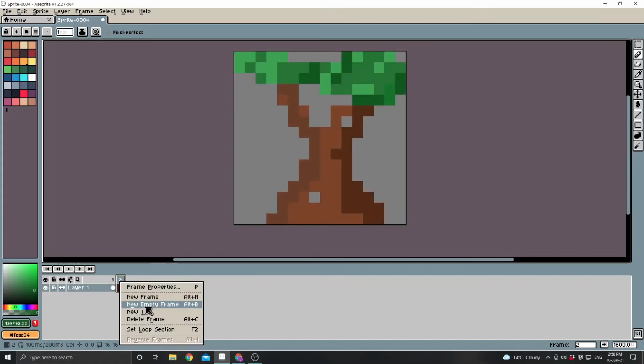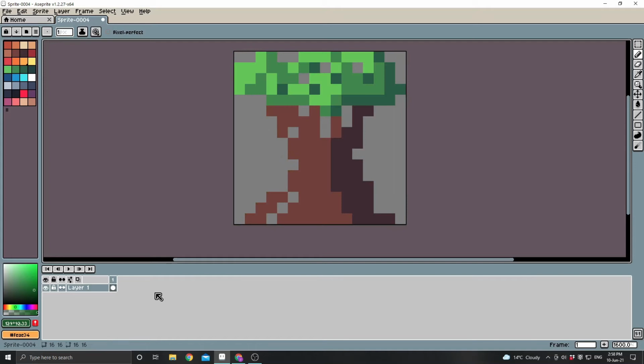I'm going to delete that frame there by right-clicking and clicking delete frame so that we've got our original tree. So that's basically the core concept of drawing pixel art. You've got all your normal tools, erasers, pencils, squares, lines, everything else. I want to show you the animation feature of Aseprite because that is where I think this software is the coolest. If I right-click again and hit new frame and duplicate this tree,